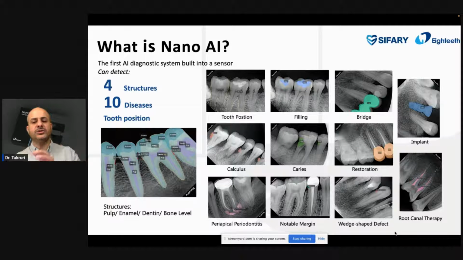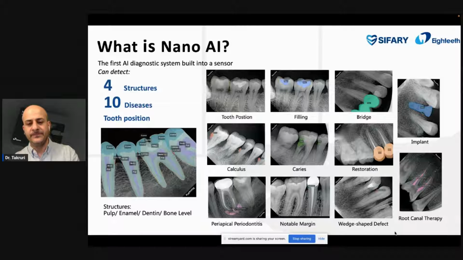A lot of dentists, when I posted about artificial intelligence, asked, can we purchase it and use it in our x-rays on our softwares? I ask, do you have NanoPix? If they say yes, I say yes, you can do it. If they say no, we have, for example, any other brand, I say no, because it's only for NanoPix,